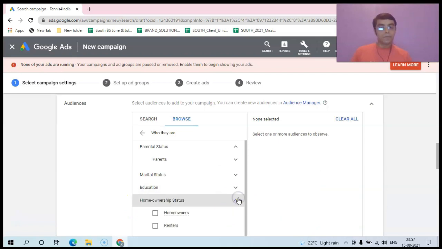Home ownership, again, homeowners or renters. This would have made sense, any of them, if I was doing some real estate ads, for example, where somebody who is renting is looking out for his first home. Then I would have chosen this. Again, homeowners would have made sense, for example, somebody who already owns a home but is looking for a second, bigger home and has good enough money for it. Then it would have made some sense. But here again, it doesn't make any sense to me, because I'm basically trying to promote my tennis rackets